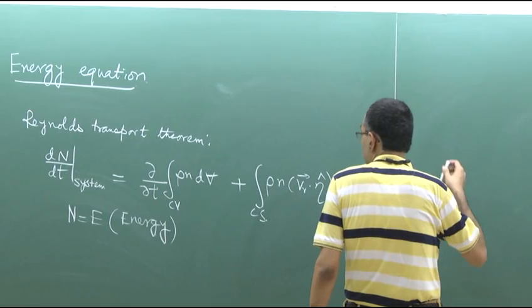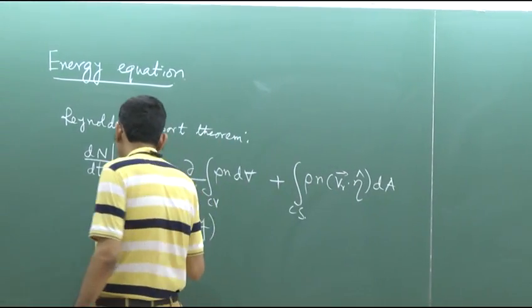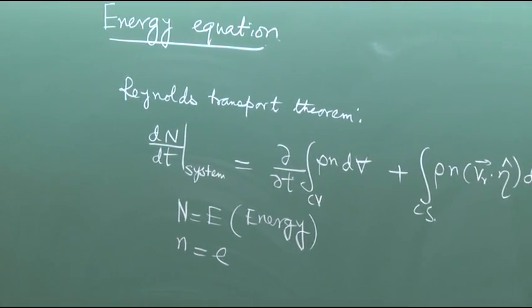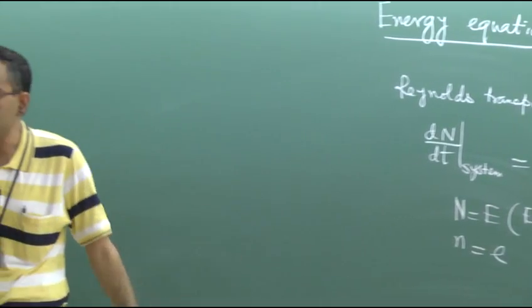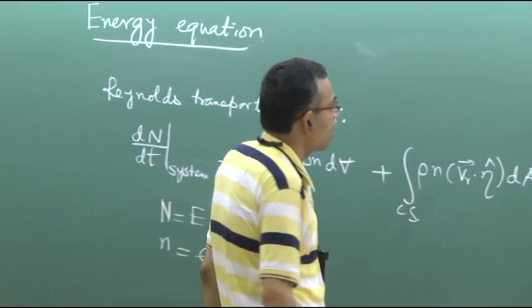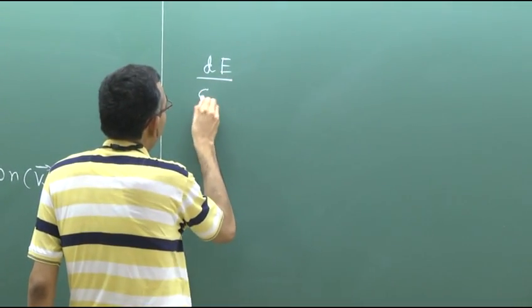Now, when capital N is equal to the total energy, small n is the specific energy, that is the total energy per unit mass. So, you can write